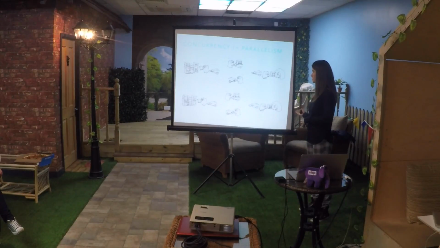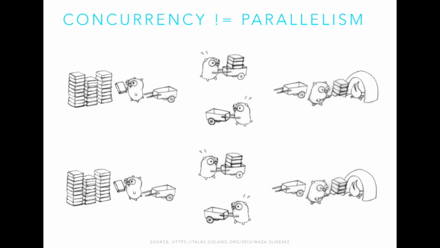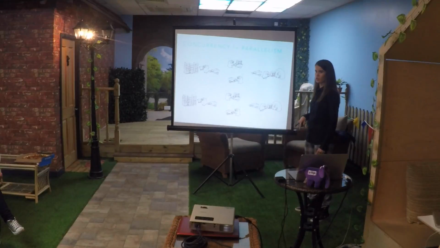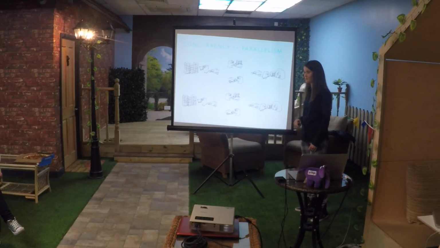Basically, this is a very simple example where we have a system with 8 gophers. And this is a concurrent design because each one of those gophers can do its job independently, right? One doesn't need to wait for another. So this is a simple example where they're burning books. One of them is picking up books. One of them is bringing them over. This is the incinerator. So one of them is loading the books in, and then the other one comes back with the empty trolley. So in that whole system, they can all do their job concurrently.